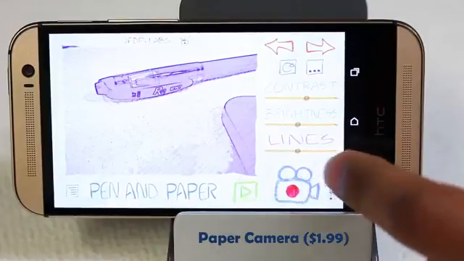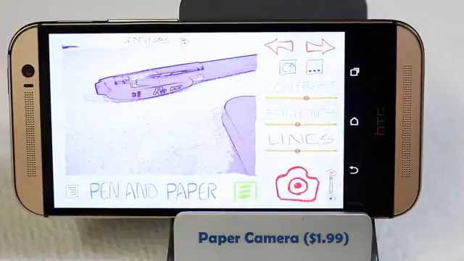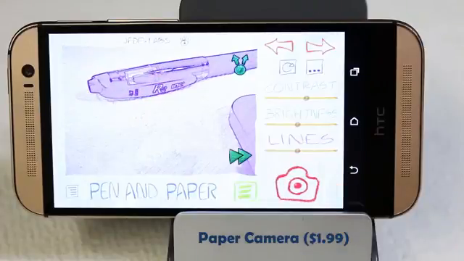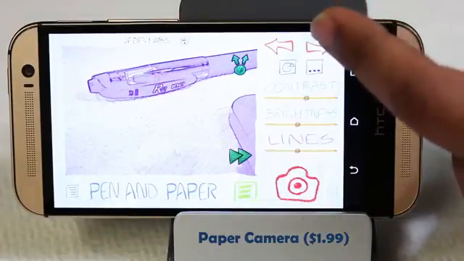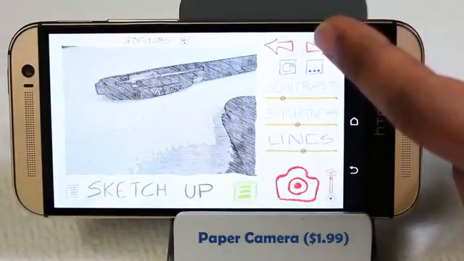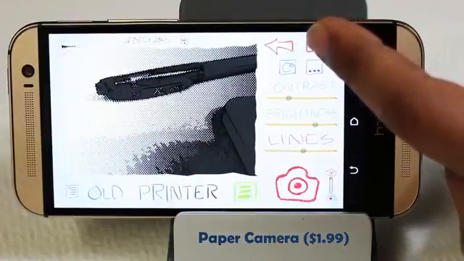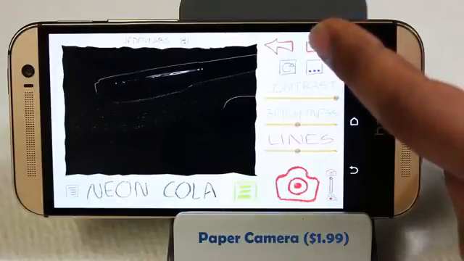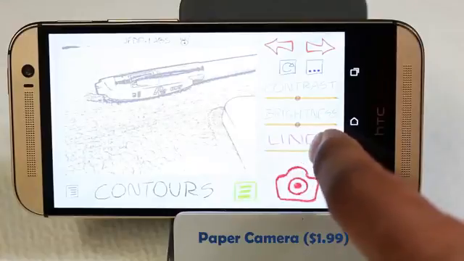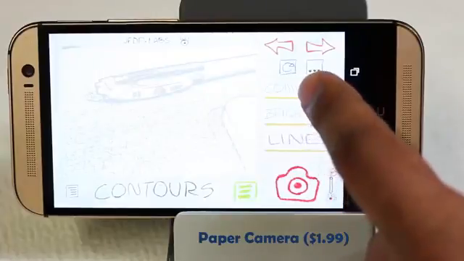And you can just take a photo. You can take a video or a photo. Right now it's in the video mode. So let me just switch this to photo mode just by flicking up. And to take a picture, you press and it snaps a picture. And then you have different options. You can change it to Comic Boom, SketchUp, so that is a total sketchy photo. And then you've got other things like this guy, old printer, neon, contours, and each one of these can be changed over here. So I can increase the amount of light, increase the brightness, and I can increase the contrast,